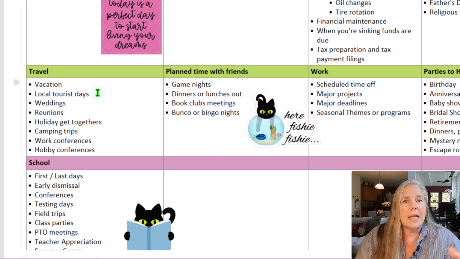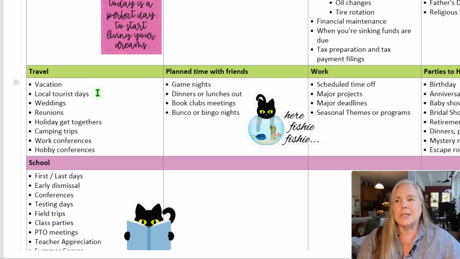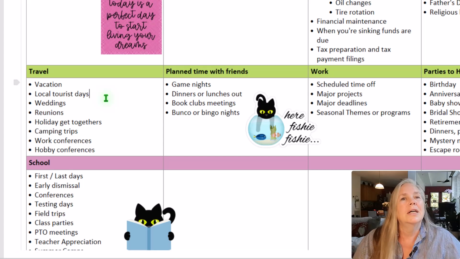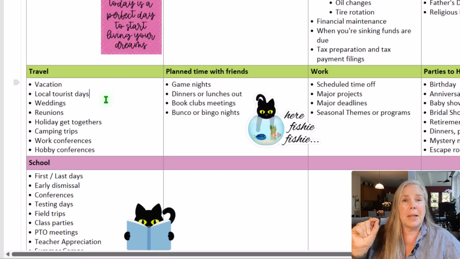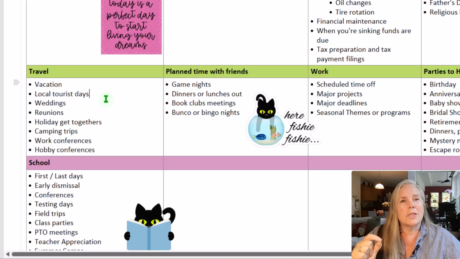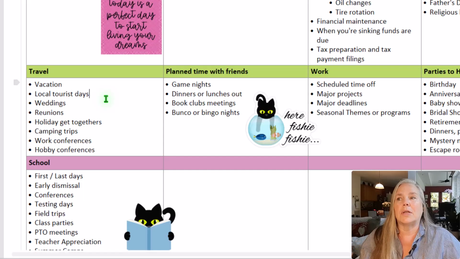Maybe we spend one night there and 2 days, and we just explore the town and see what there is to do. Maybe there's an event going on. Maybe there's a concert or a play or a show or a festival. We've been to towns before for their Oktoberfest, and that was really fun. But planning out those local tourist days and being really intentional about making sure that you go somewhere and do something new every month is really important to me.